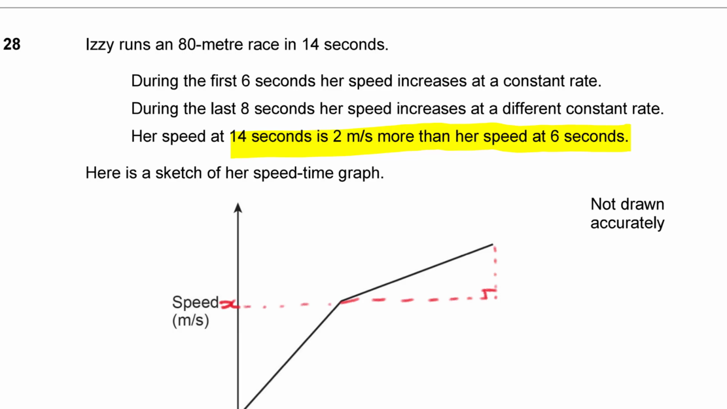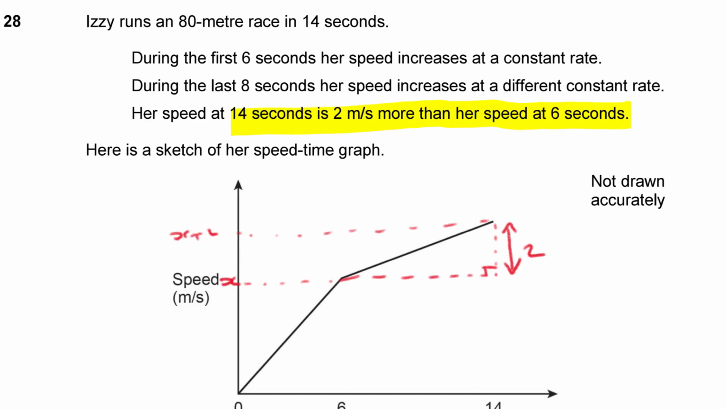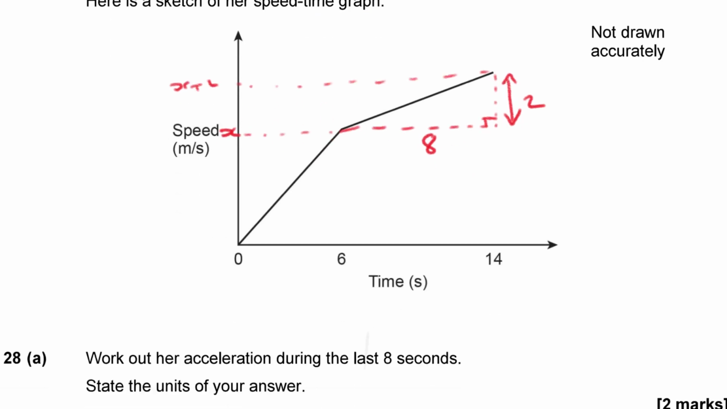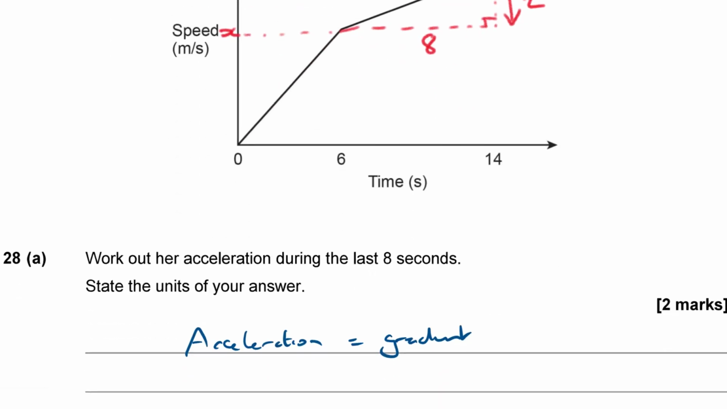So if this value was x, then this value is x plus 2, which means the distance between there and there must be 2. I don't know what x is, but I know that the one up there is 2 more. So I do know the change in y. The change in x is just 14 minus 6, that's 8, isn't it? So the acceleration is going to be the change in y, 2, divided by the change in x, 8, which is the same thing as a quarter, or